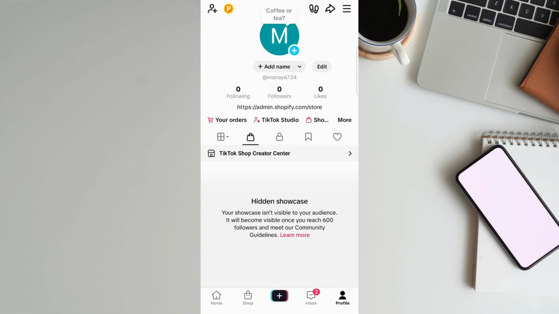In today's video, I'm going to teach you how to connect and add a bank account to TikTok Shop. By the end, you'll know exactly where to tap and what to expect on screen so your bank account is